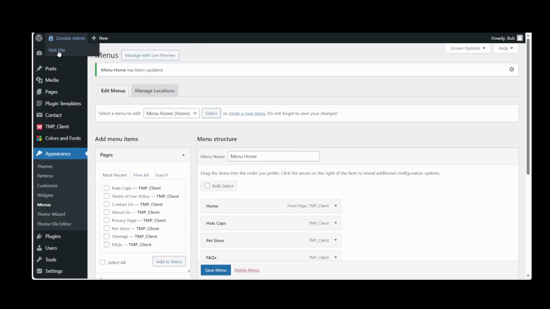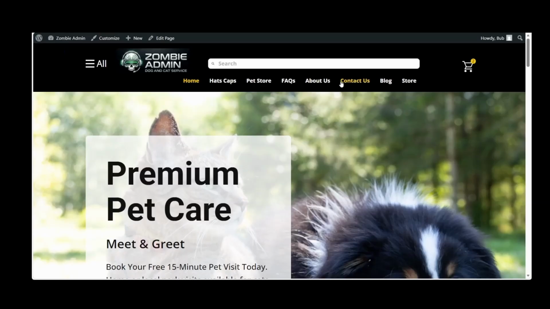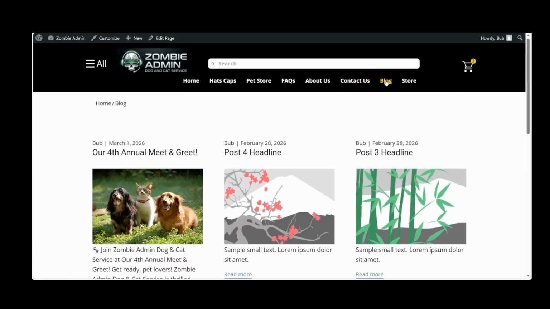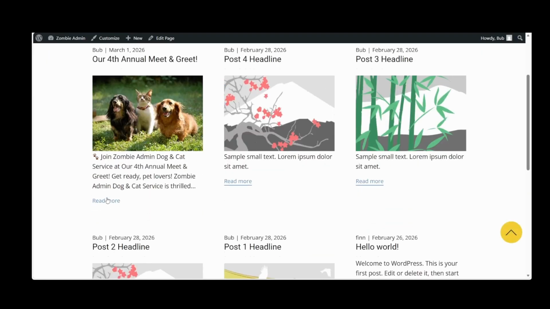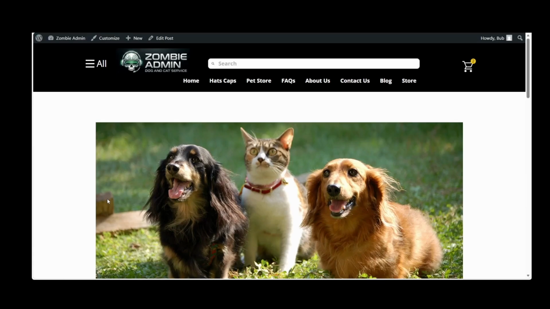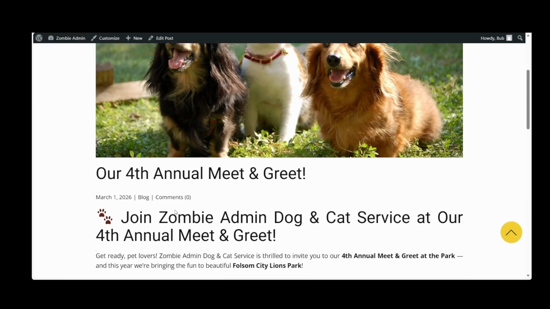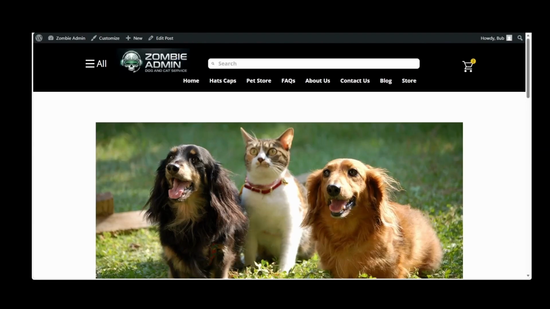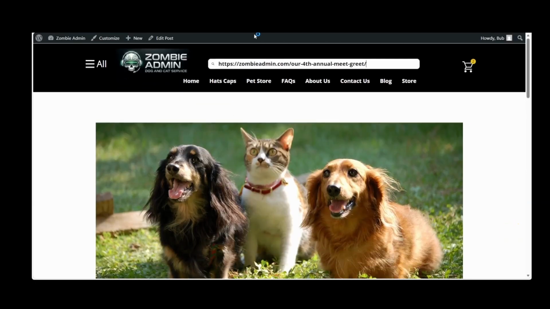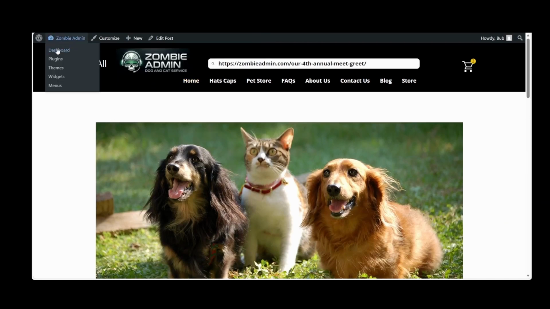Let's head back to the front end. Let's take a look at the blog. And there it is. And you see now we have our breadcrumb plus, I'll show you the linking right here because I don't show my linking. There's the linking right there. Let's click on our new post. And there's our new post. And the linking for that, I'm just going to show in search, and there's a linking right there. So that's all complete. That looks good. Let's head back to dashboard.